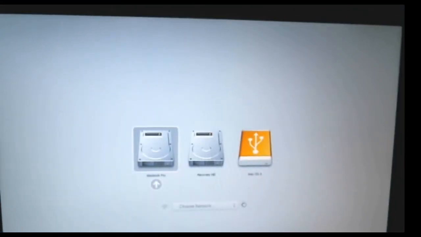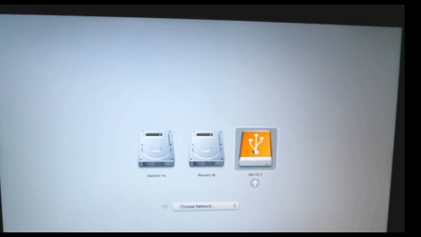So here it is showing me the different options. You might see one option or two options based on your system, but this is the one, Mac OS X. So we just have to choose this one. And guys, if you are doing it from the pen drive or an external hard disk, you do not need to connect to the Wi-Fi. So just click on this one and then click on this arrow button.